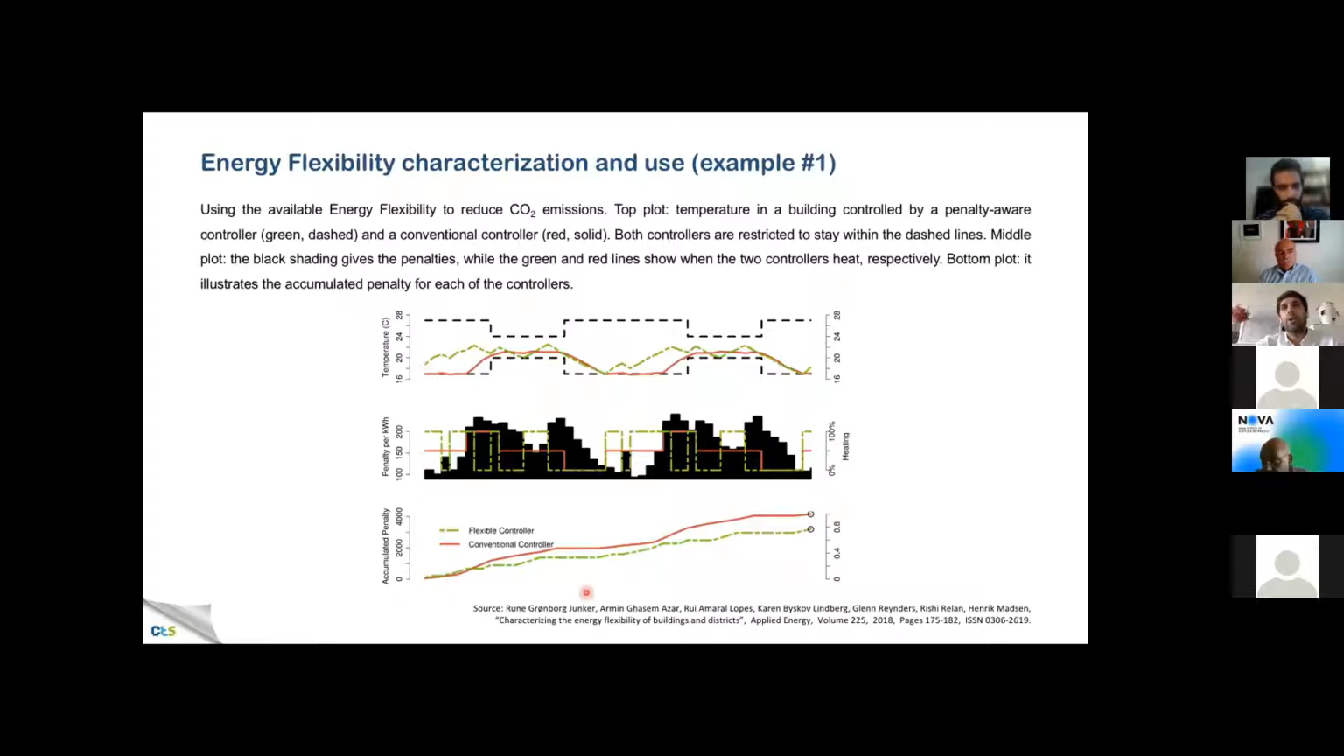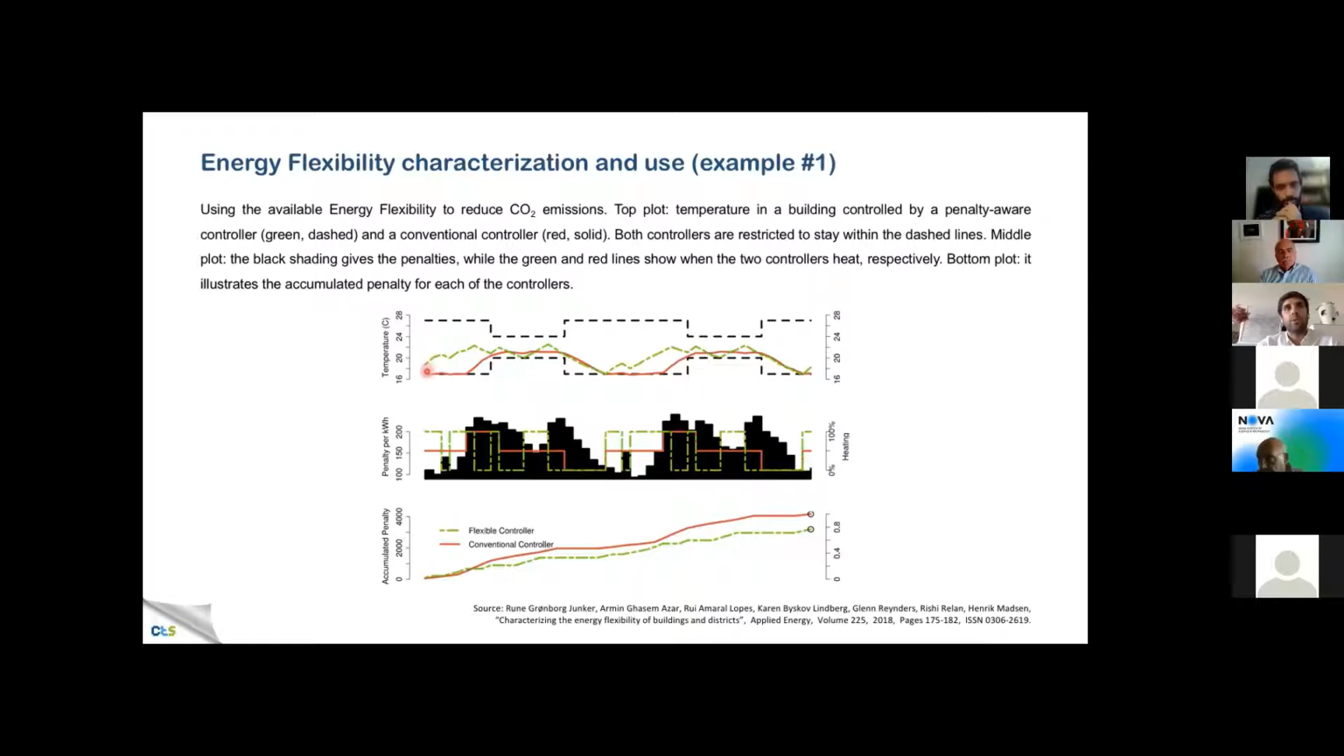Here I can show you an example of a controller of a heating system that can be controlled to exploit the available energy flexibility. This flexibility comes from the thermal storage capability of this building. And I can show you here the difference between a conventional controller and a controller that exploits the available energy